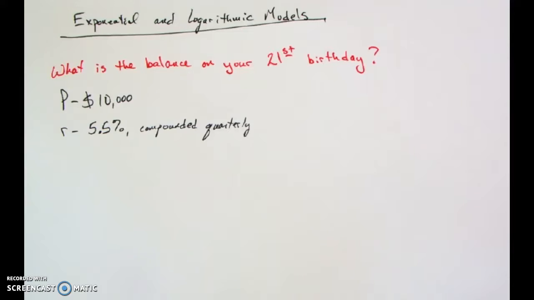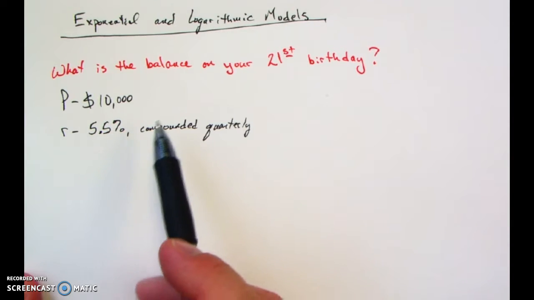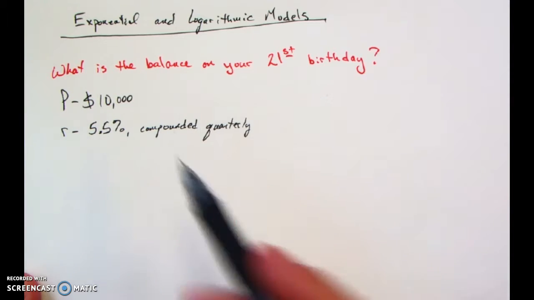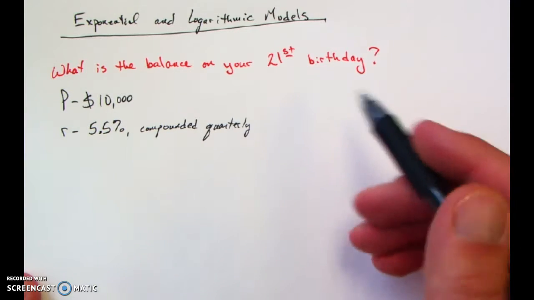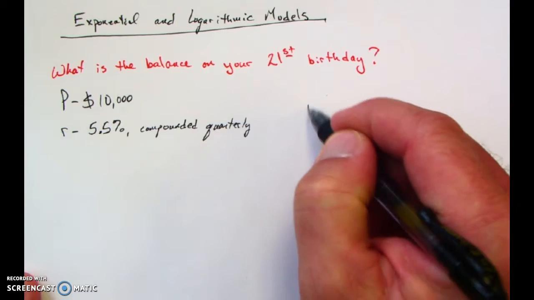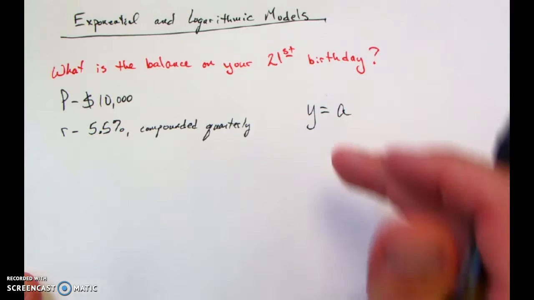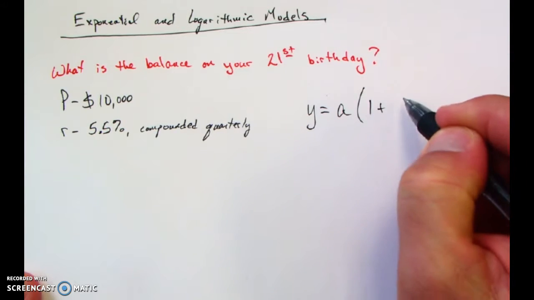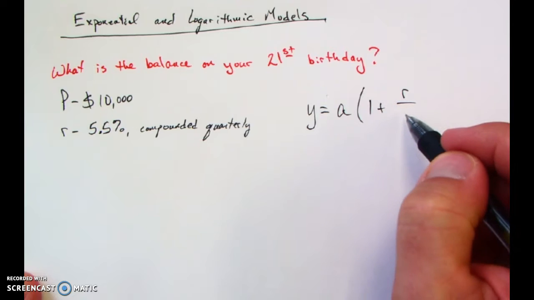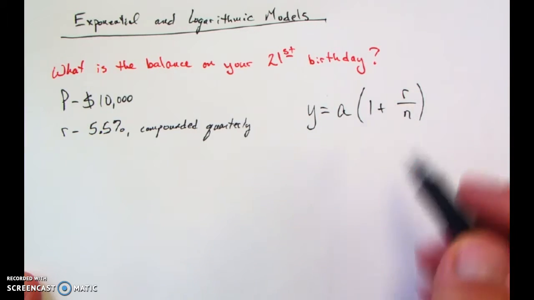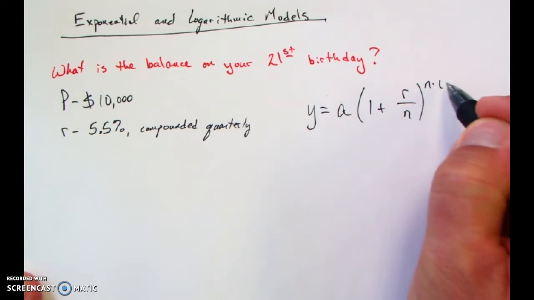In this section, we're looking at exponential and logarithmic models. And we've already looked at some of this. We have done, for example, compound interest formula problems. So remember, we could set something like this up in that compound interest formula where we have our principal or amount times 1 plus our rate. And if it's being compounded, that would be the number of times it's compounded per year, and T is our